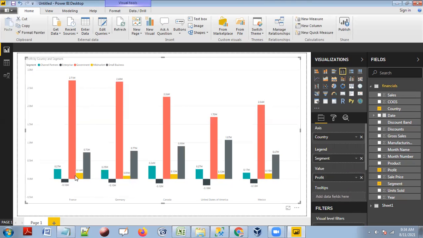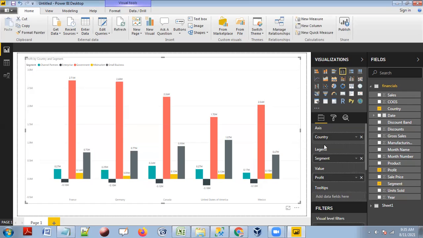Okay, this is one dimension, multiple dimensions with one fact. And within one dimension, I want to display multiple facts. So now here, guys, one more thing I would like to highlight. This is the country, France, Germany. This is one dimension, country, and we have multiple segments. And this segment we are going to consider as a legend. See now here in the legend, we added one segment.